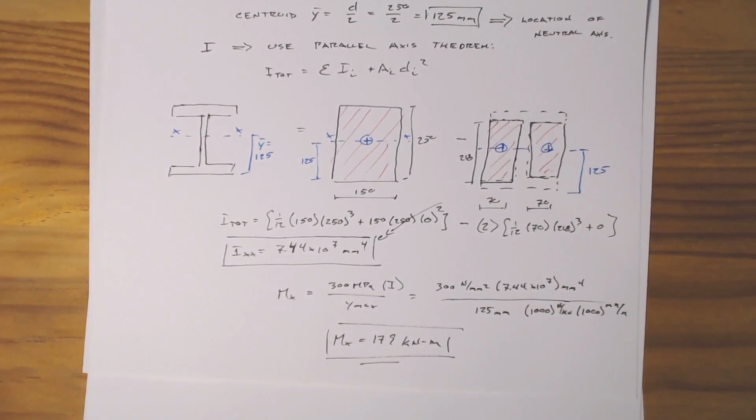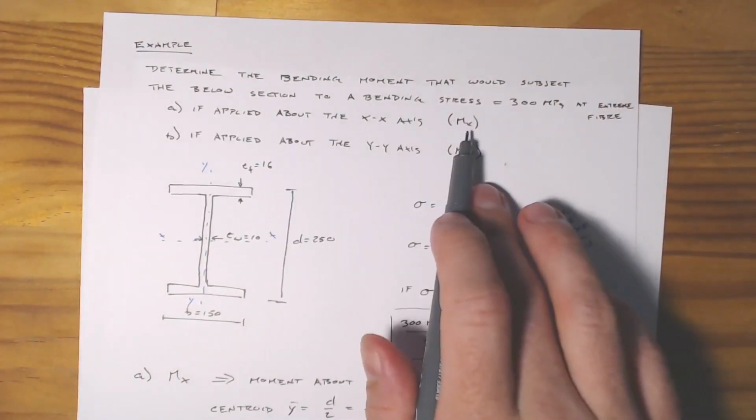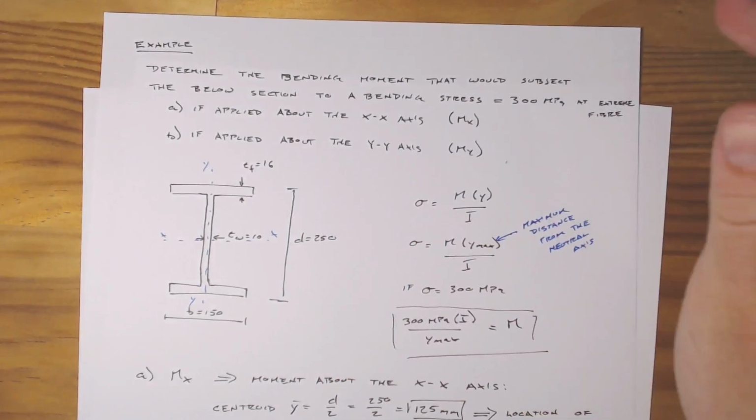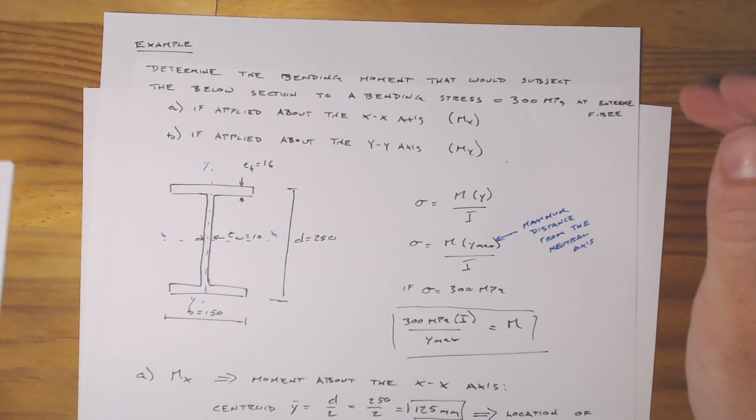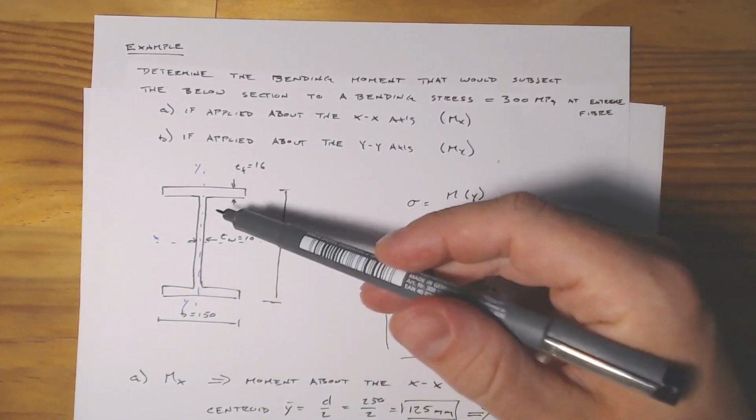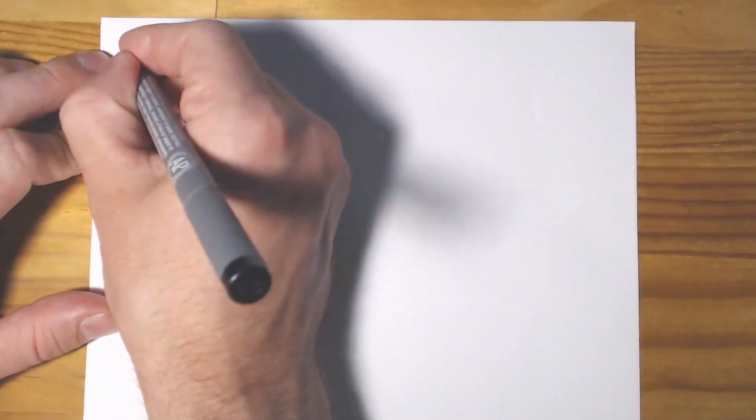All right, well, that seems pretty straightforward. We've got the first bit where we've worked out what moment about the x-axis would generate a 300 megapascal stress. So now let's look at going about the y-axis. Again, let's get our paper rearranged here. So for B,